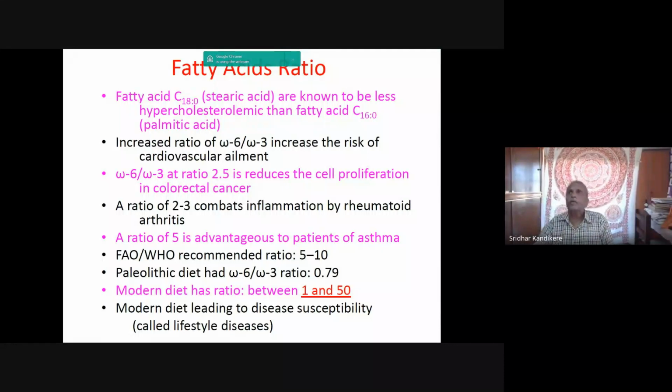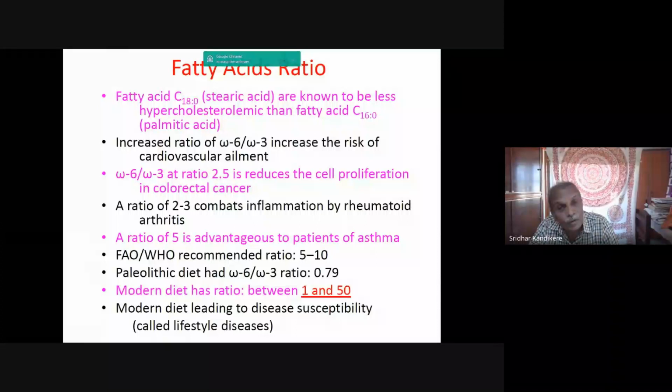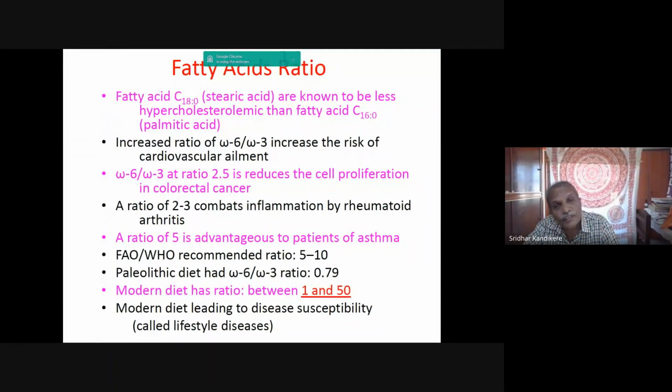So here I have written certain features like fatty acids. They are very important, as stearic acid is very important as hypocholesterolemic compared to fatty acid 16, that is saturated palmitic acid. So, of course, when you start cooking a mushroom, what happens? Some of the unsaturated fatty acids will be transformed. On many occasions, omega-9 fatty acids will be converted to omega-6 fatty acids, and omega-6 will be converted to omega-3. Like that, there are some advantages. Therefore, one has to be vigilant about how this is going to change